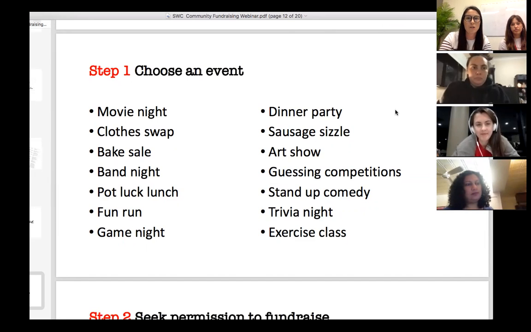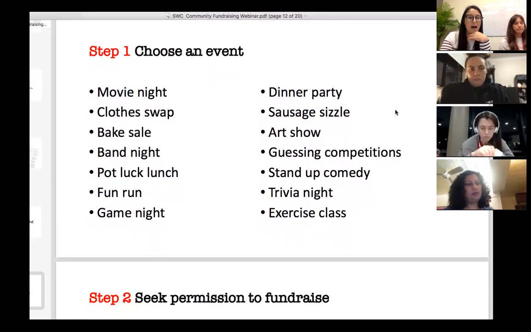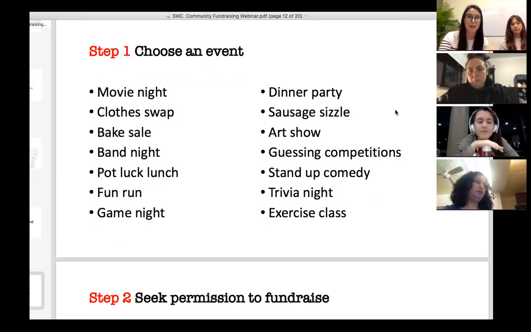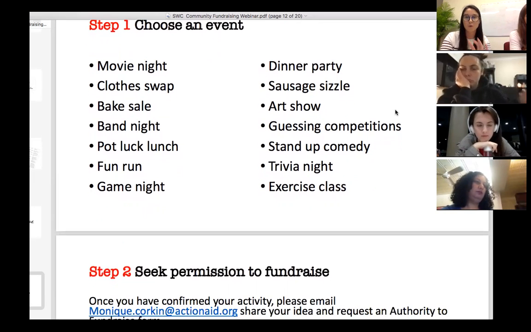So I guess with community fundraising, you can choose any event that interests you. I've just put a couple down here off the top of my head, but please don't feel limited by this list. There's fun runs and stuff like City to Surf or City Morning Herald half marathon that have pages that you can sign up to and attach us as who you would like to support. I'll talk a little bit more about that further down.